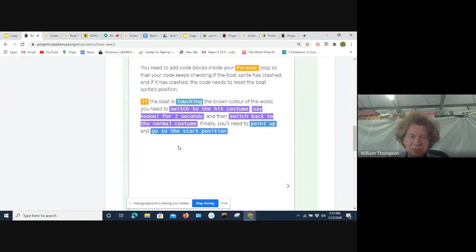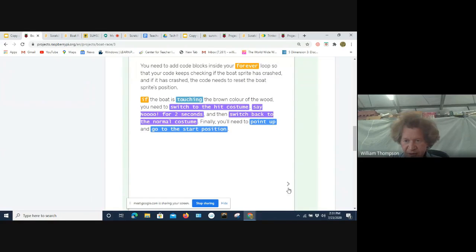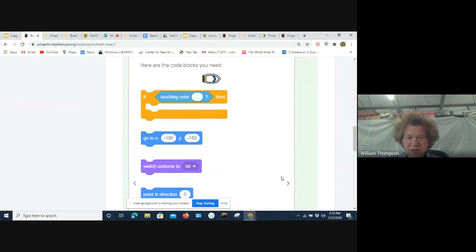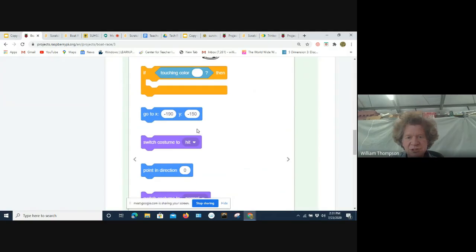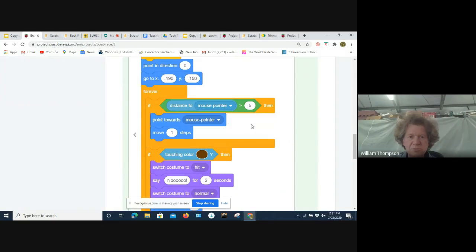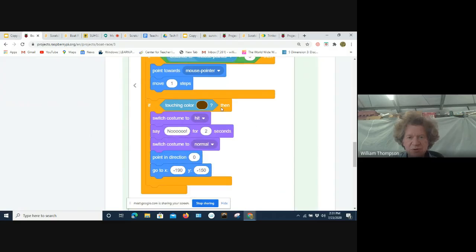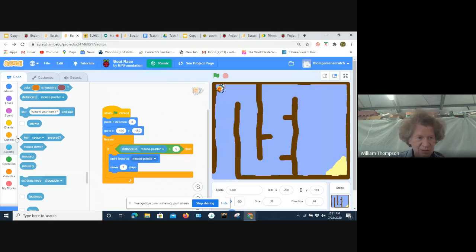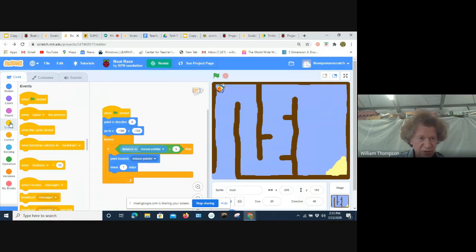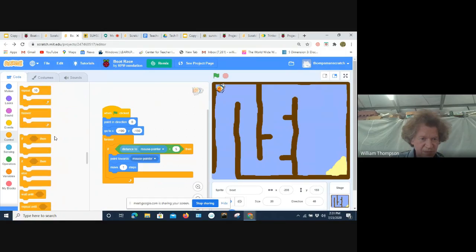Okay, and I could look at the blocks and kind of sleuth my way through that, or I could also kind of cheat a little bit and look at the code. And so just to speed things up, I'll do that. So I'm going to find an if color touching block. Then do these things right here. And here again, I'll cheat even more. And here's the final code. So run back again. I'll go to events. Okay, if